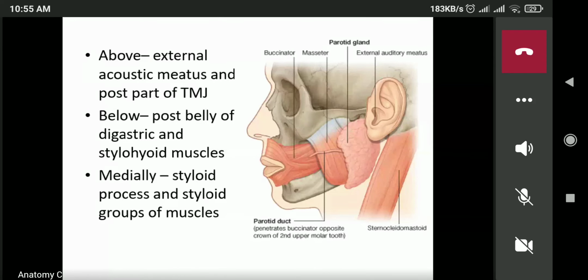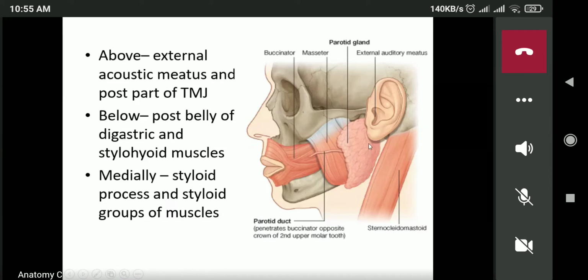And the upper boundary, or the superior boundary, is formed by the external acoustic meatus and the posterior part of the temporomandibular joint here. So the temporomandibular joint here and the external acoustic meatus form the superior boundary of the